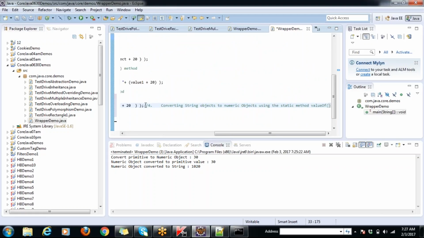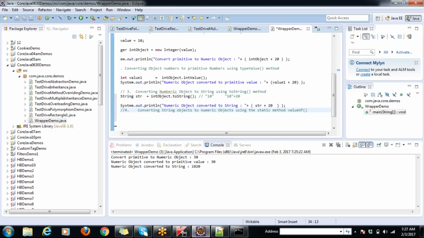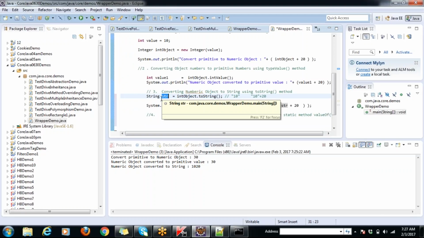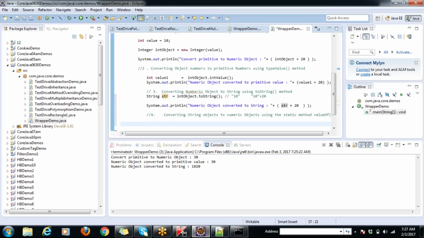Yes, I am making use of this. So converting string objects to numeric objects. Observe the numeric object, not numeric primitive value. I will show you both the things, numeric primitive conversion also. So here the string object is nothing but str for us in our sample. So what I am doing is str dot